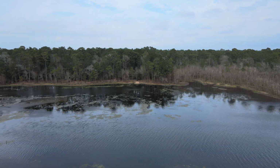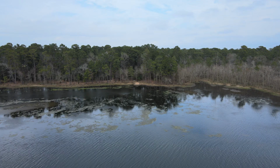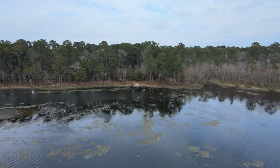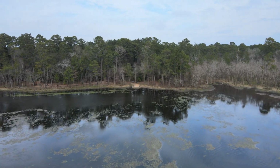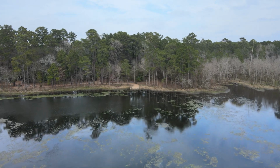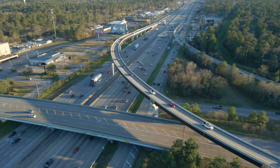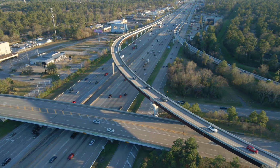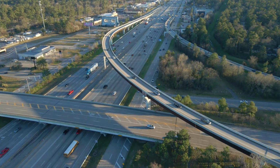Videos that you see on my YouTube channel are at a 30 FPS rate, so typically they will be condensed down from 60 FPS to 30 FPS via my editing software. However, having that double frame rate that I was recording at, I'm able to slow down shots that I need to by half, and they still look smooth in the 30 FPS world. Looking here at this overpass, you can see those cars moving, and just slowing it down by half. Now it appears as if it were taken at 30 FPS, but everything is moving at half speed,